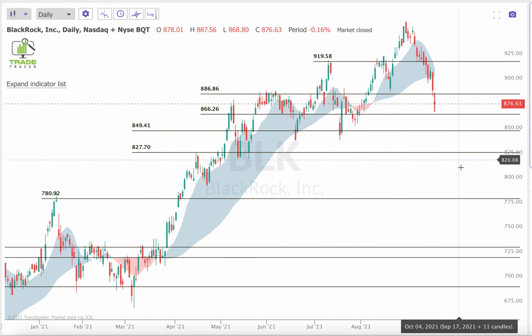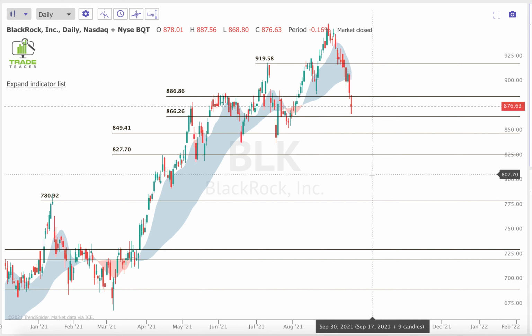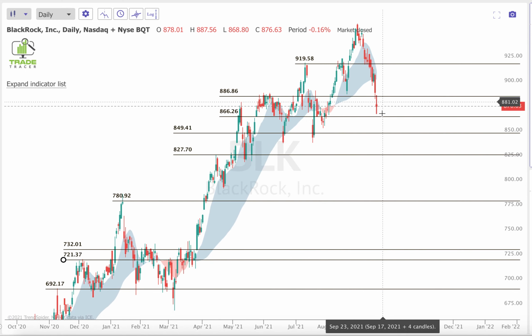So now we've got some levels in here. We've got some areas of interest. We've got some price levels that, if price is going to come back down further, we know areas where we should be considering taking profits if we're short. And we also know areas where we could potentially see price bounce. So this is how